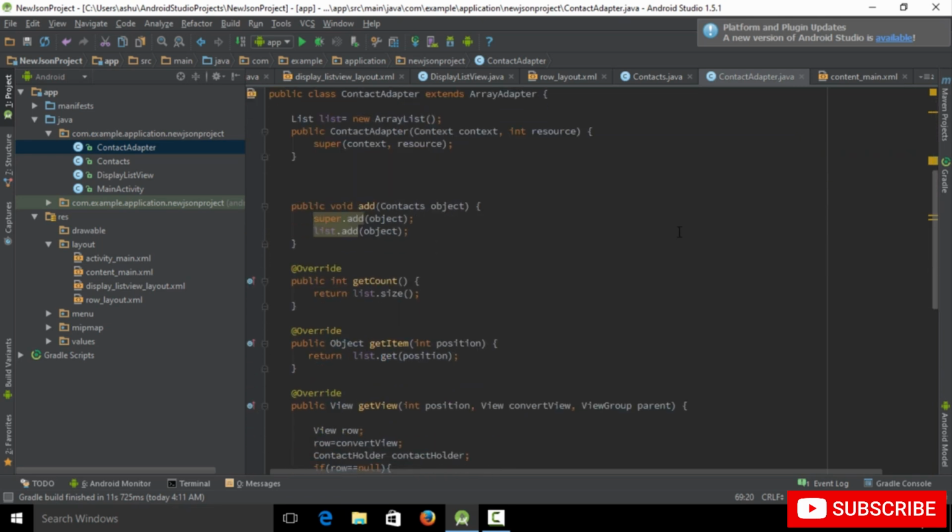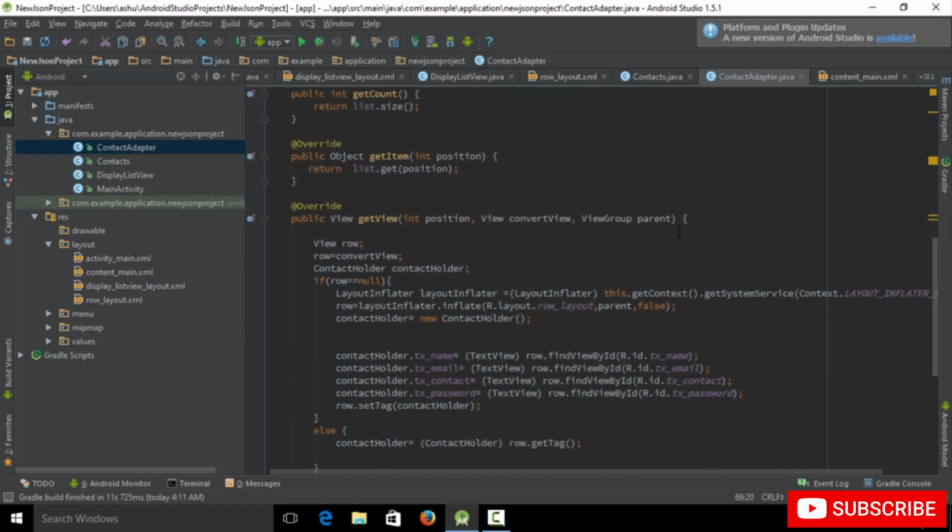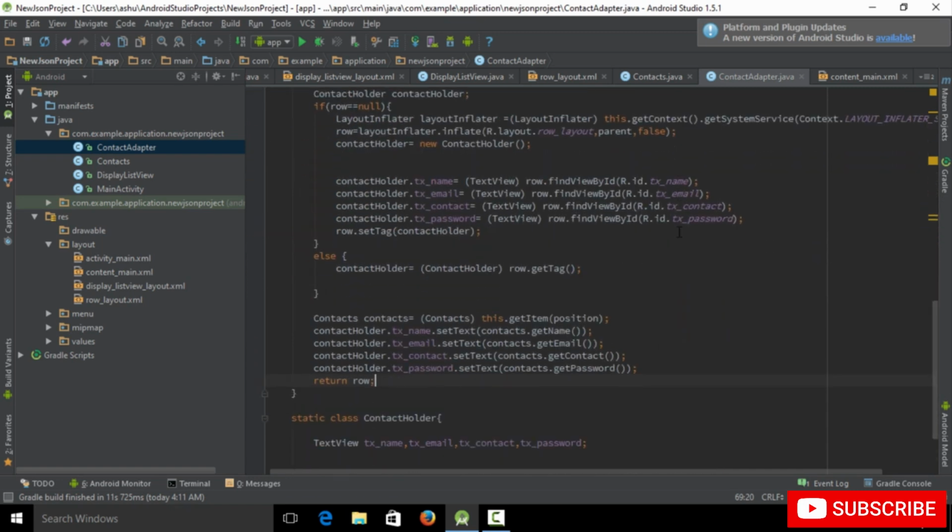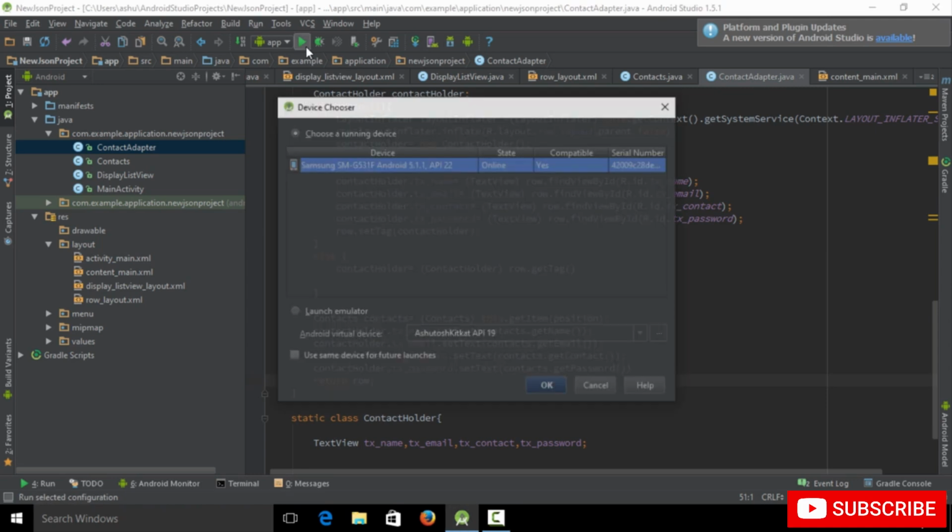So now let's go ahead and save the code and try to run this application on an actual device. So in the next tutorial, we'll be running this application on an actual device and see how it works. So thank you very much for watching this tutorial, and I'll see you guys in the next tutorial. Thank you. So now let's go ahead and let's try to run this application on an actual device and see